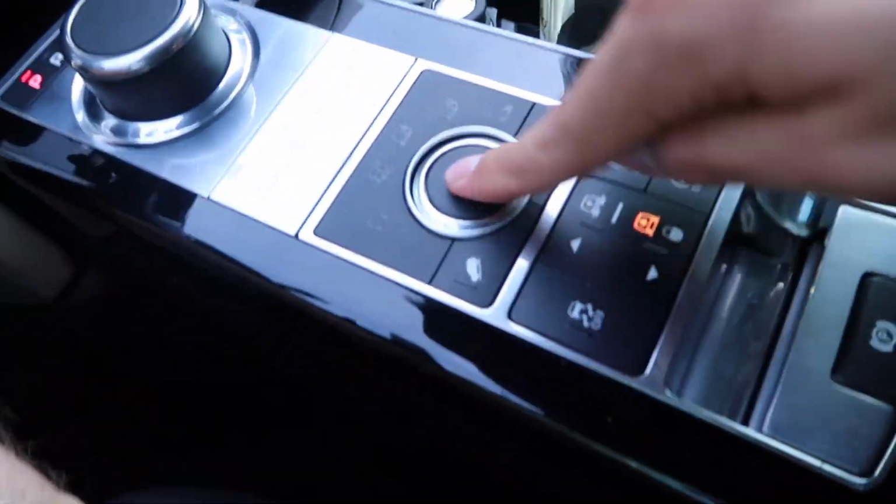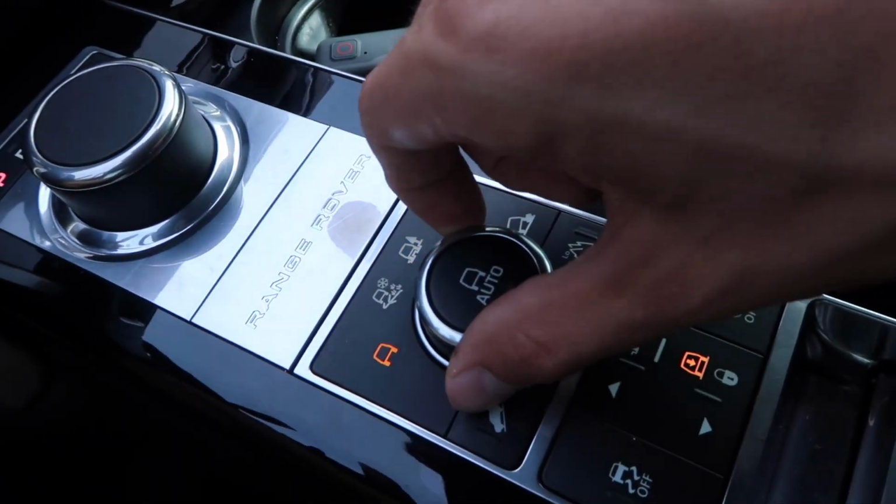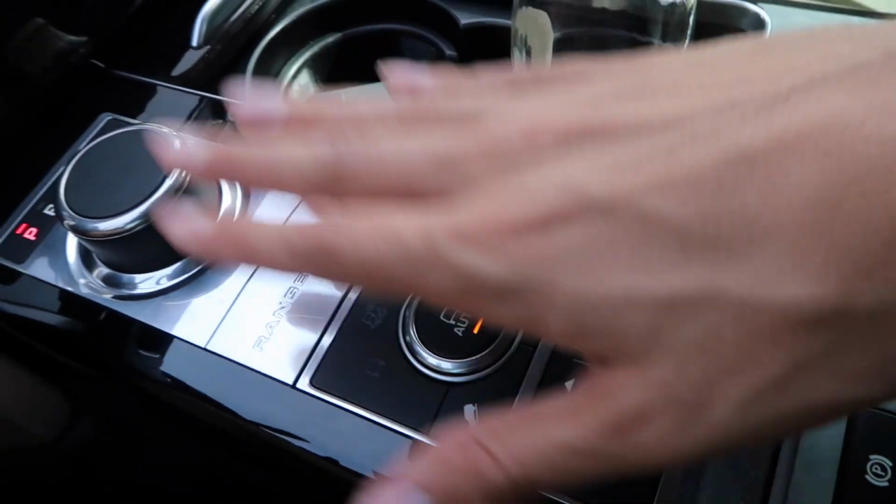And then you've got the terrain knob here where you can put it in mud ruts, snow, ice, sand, gravel, whatever. So just really, really good setup. Got the lock and diff, which really helped me and Blake today get to some spots so we could do some drone footage. One thing I dislike about this SUV, like what I was telling Blake a little bit ago,